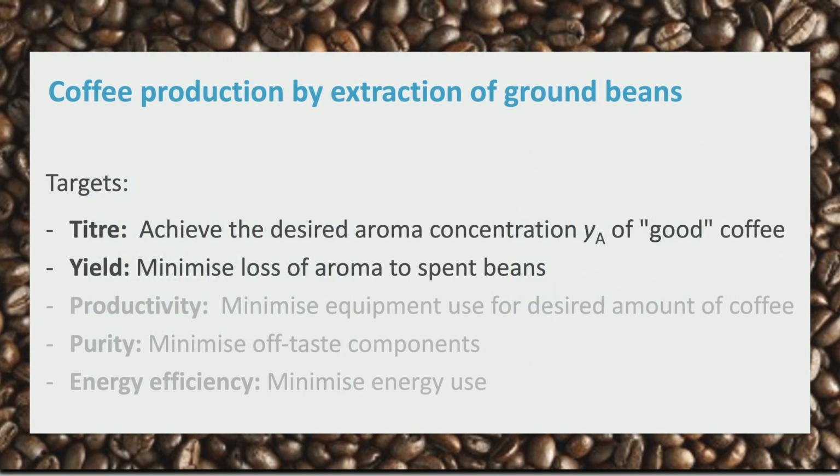Let me demonstrate that by the example of producing coffee. Suppose that you are asked to prepare coffee from ground coffee beans at a huge ceremony, the opening of a new center on sustainable bioproduction. Your product should be good coffee and in large volumes. Waste production should be minimized. For now, we focus on getting as much coffee with the right aroma concentration after extraction of the beans and neglect aspects such as caffeine content and energy efficiency.